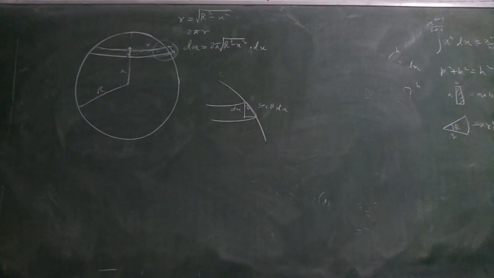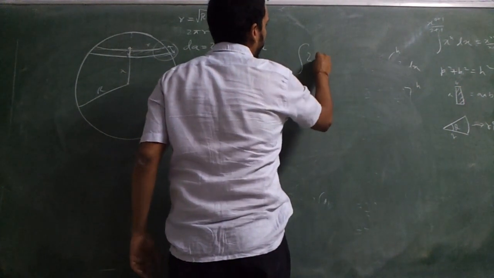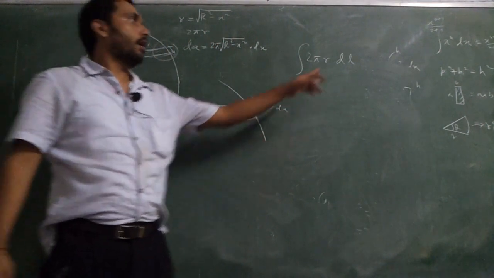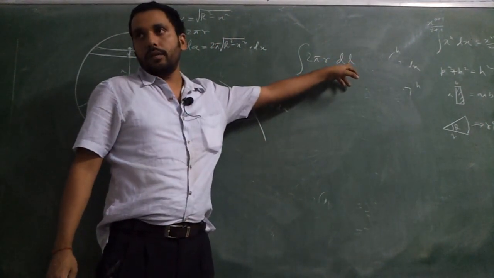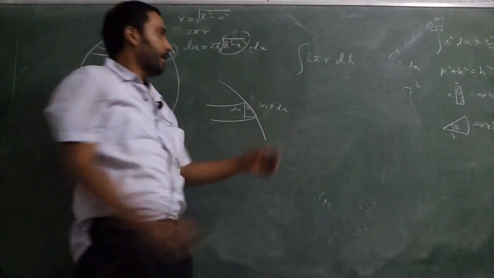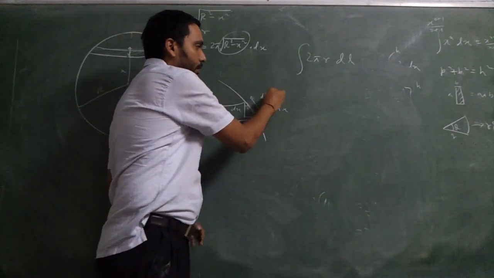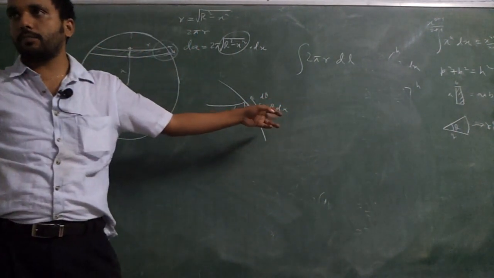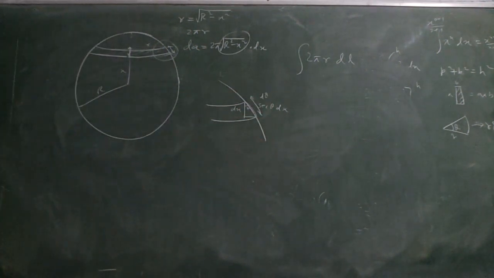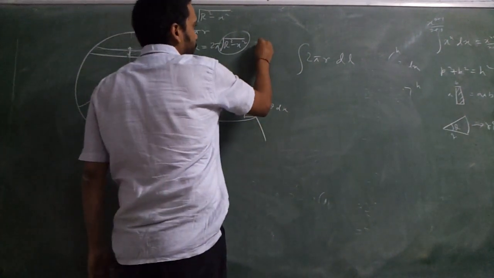Okay? I could have written simple integration as 2 pi r into the slant length. R is varying, L is varying. R I have written as this much in terms of x. This is your dl. dl also I will have to write in terms of x. In terms of x it is that much. But theta is again a variable. Again I will have to write it in terms of x. Then only I will get it right. Get the point? But the point is, it is not dx. It is sec theta dx.